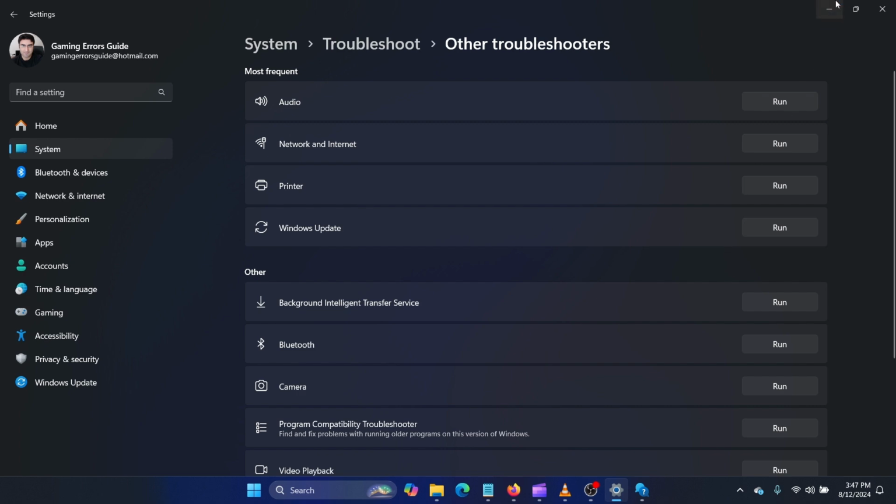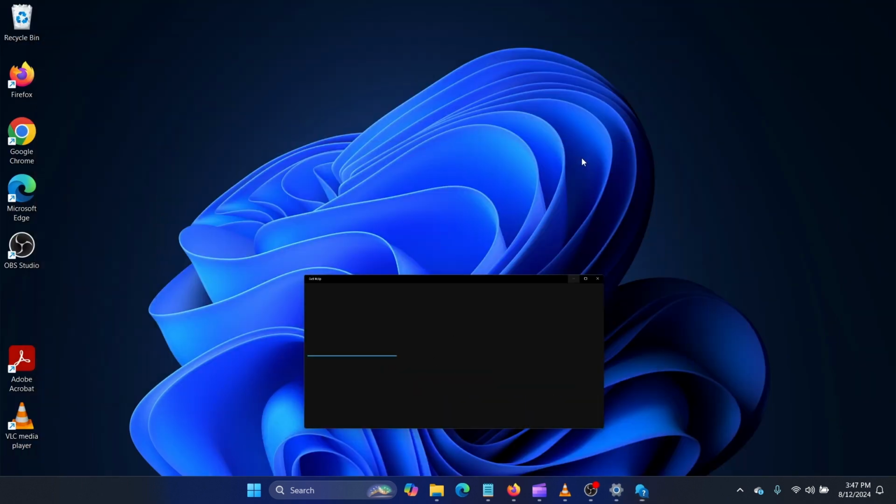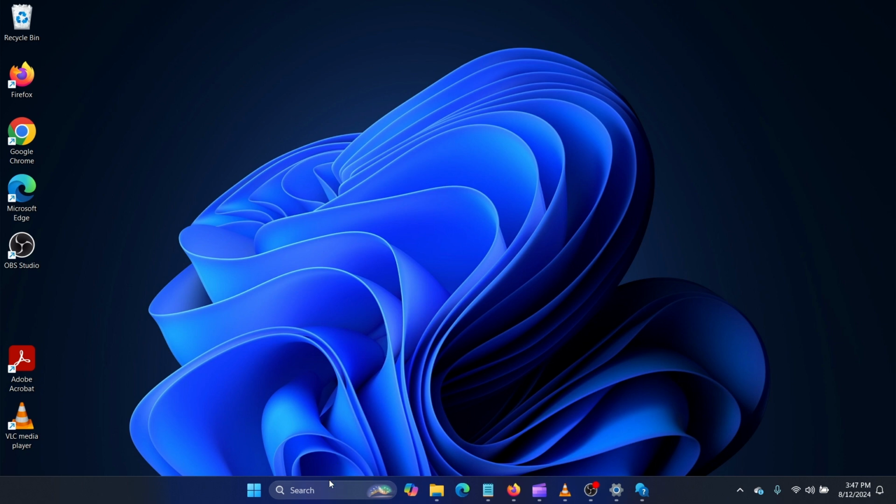The second solution is to reset Windows Update components. We have a script to reset Windows Update components. Copy this script. Make sure that you have copied every command. Now,